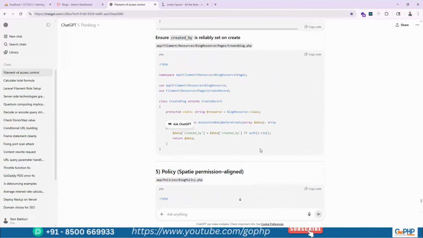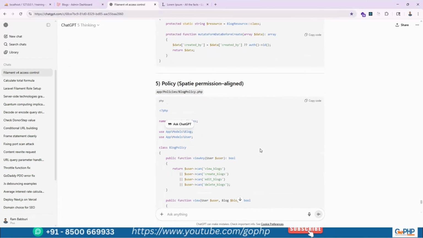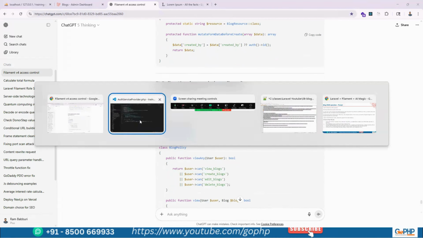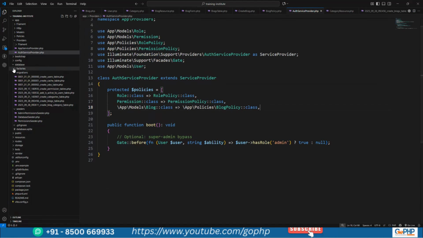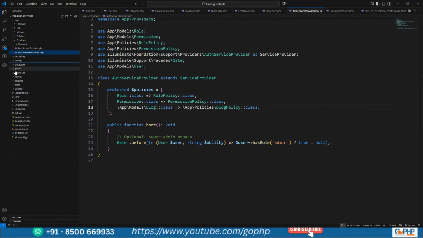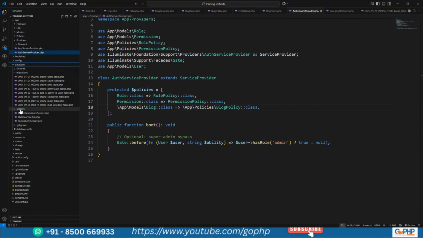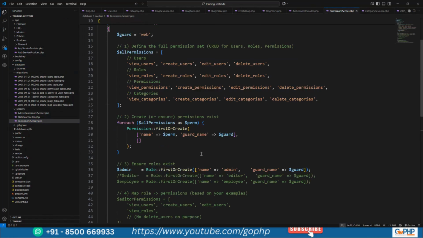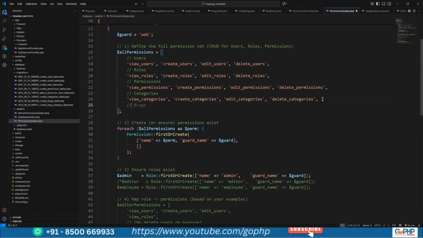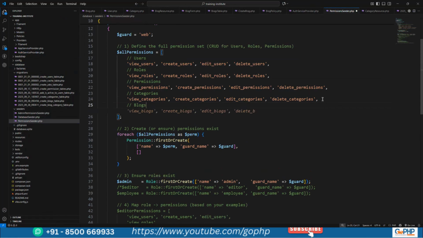If we go up, is there anything that we need to do? I think we don't need to do anything. Now it's time to go to the permission seeder. Where is our permission seeder? We have to add 4 permissions right now. So if we go to that, I can see inside the database, right? Database. You have seeder, permission seeder. Right now you have to add 4 permissions. What are the 4 permissions that I need to add here? Let us write blogs. Okay. These are the 4,